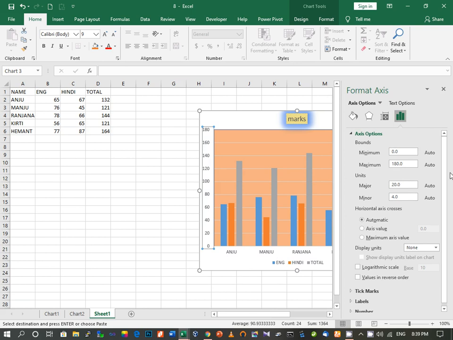When you do this, here you can see we have minimum and maximum. Suppose you want your chart to start from 10 or any other digit, we can do that from here. Suppose you want to end it at 200, all these changes we can do from here.